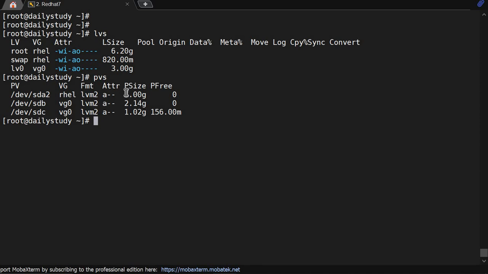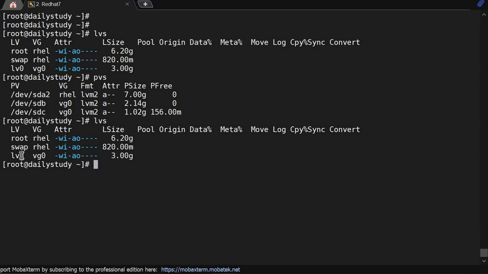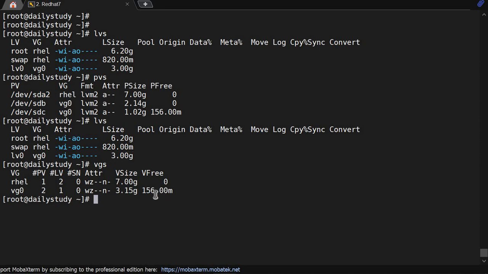Till now we have discussed how to create a LVM, how to bring disk in LVM, how to create PV, VG, LV, how to extend LV, what's the difference between capital L and small l. Today we will discuss how to reduce a LVM. So I am having LVM, LVS, okay, LV0 which is size of 3 GB, and if I see VGS is having only 516